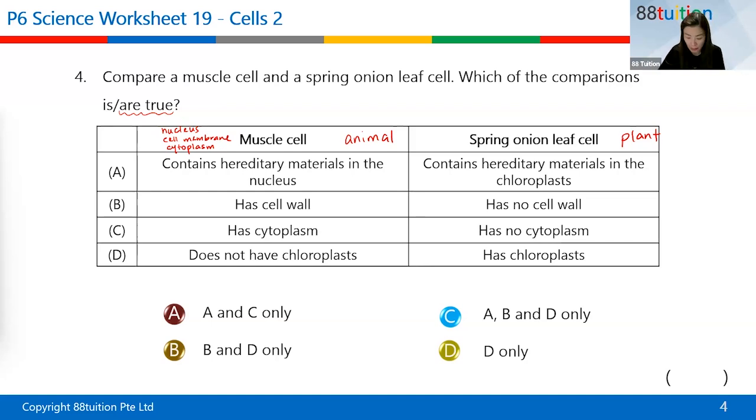In general, typically it's like that. How about the spring onion leaf cell? All those three things plus the cell wall and the chloroplast, since it's a leaf cell. Correct. Don't be tricked. Somebody saw onion and thought that there is no